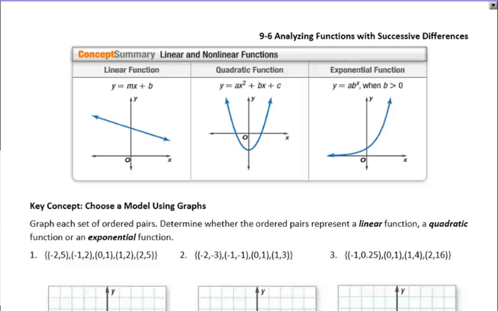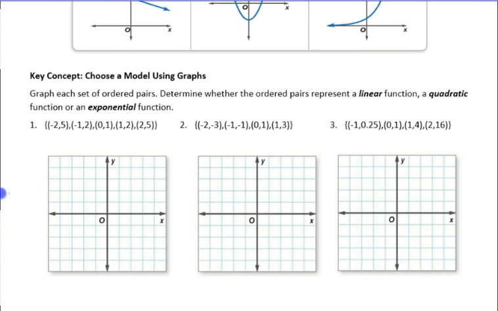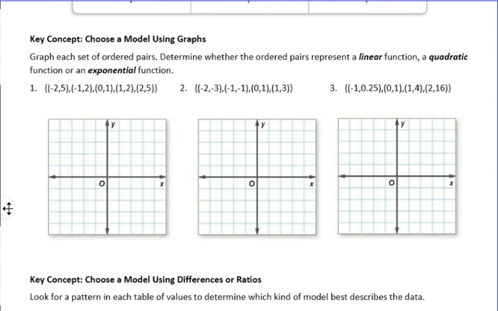So far in this unit, I should say this year, we've talked about different kinds of functions. We've talked about linear functions, where it's y equals mx plus b form. We've talked about quadratic functions this chapter, where it's y equals ax squared plus bx plus c. We've talked last chapter about exponential functions, where it's y equals ab^x. So we're going to talk in this lesson about how to tell what model they're using and how to determine